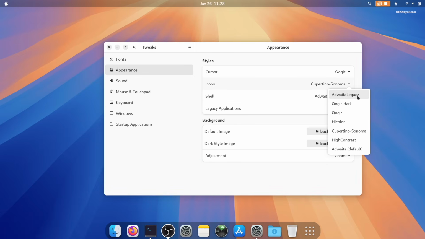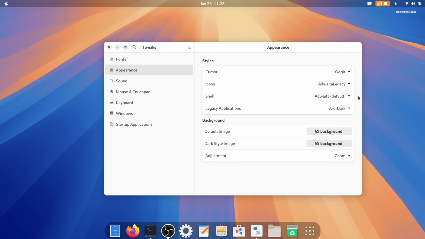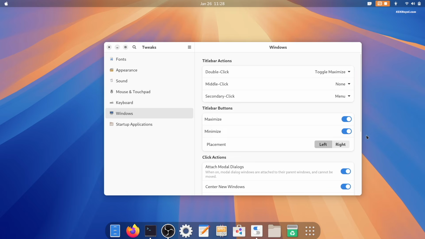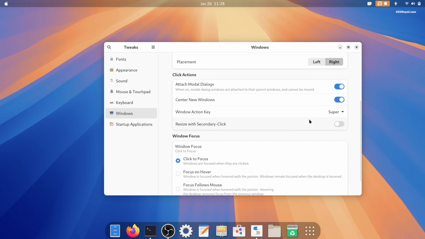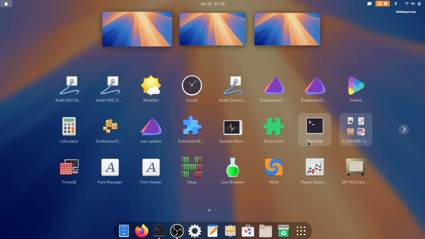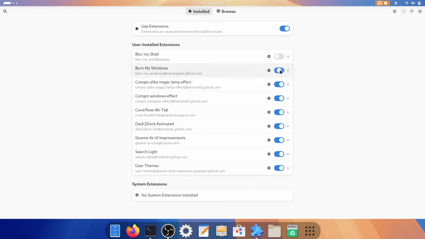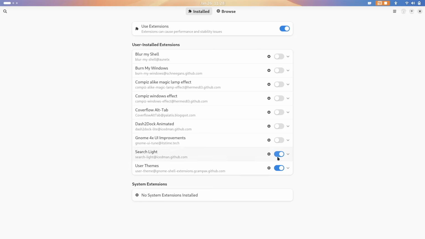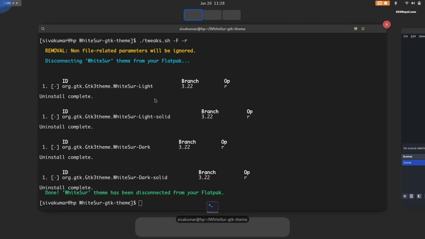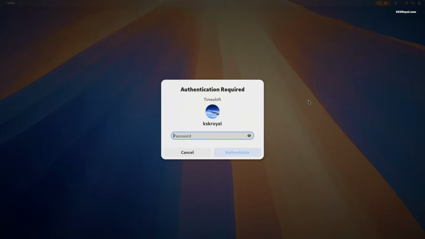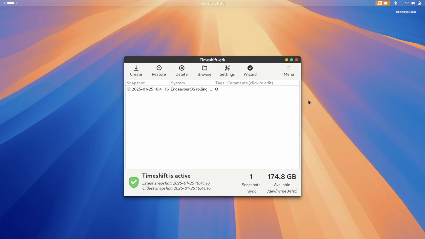Disable the installed extensions and reboot your system. I highly recommend using the Timeshift backup to restore your system to its original state.